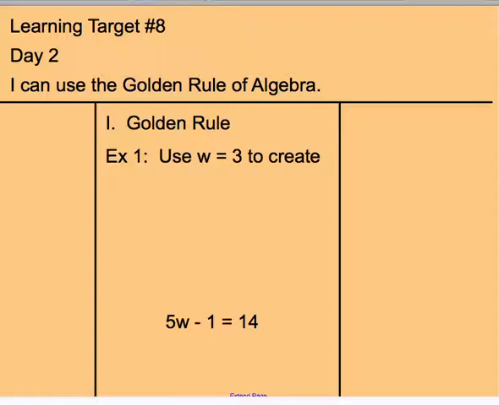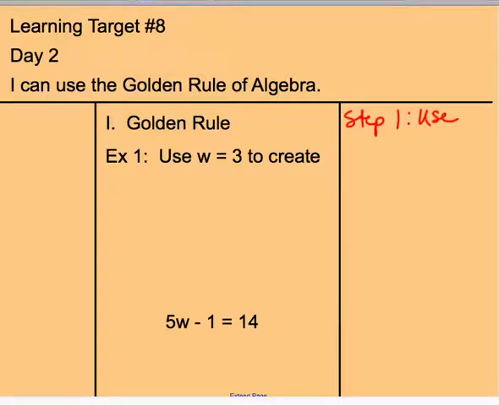So we're going to start off, again, we've got our 3-column notes, so we're going to put the process in the rightmost column, and we're going to start with what looks like an answer, w equals 3, and we're going to modify that using the golden rule of algebra to create an equation, 5w minus 1 equals 14. I left some space in between the two so we can kind of show our steps on how we're getting there. So the first thing that I want to do, step 1,